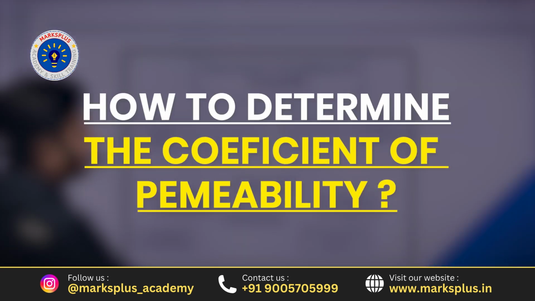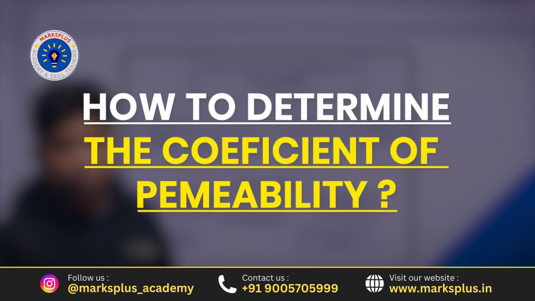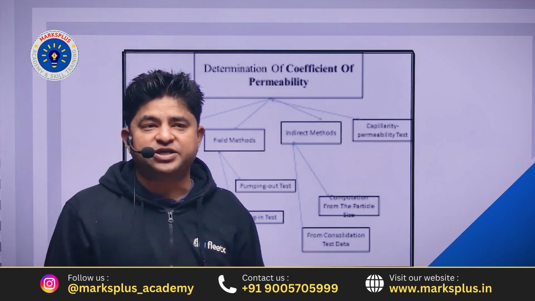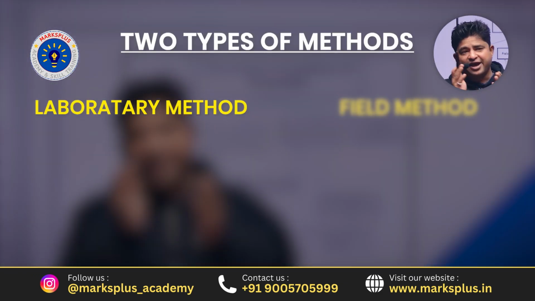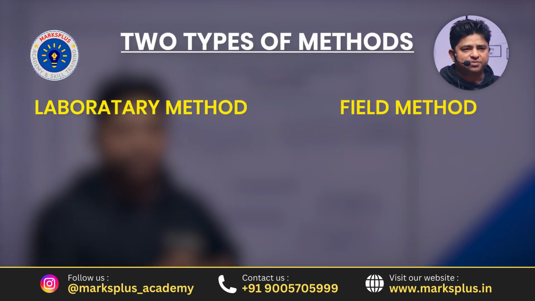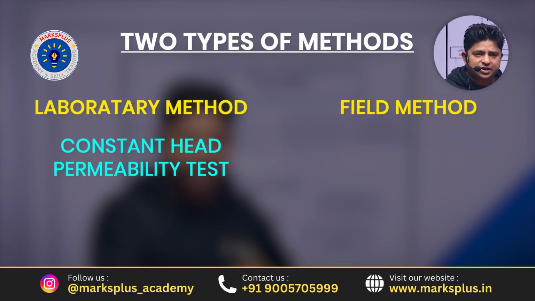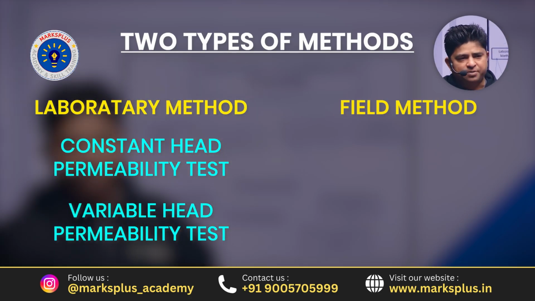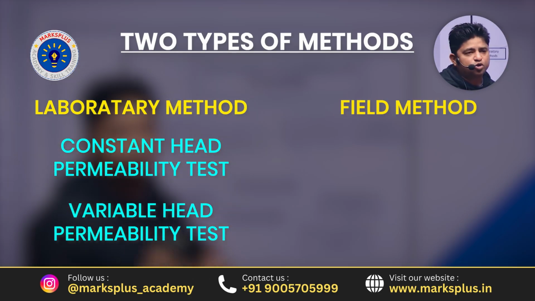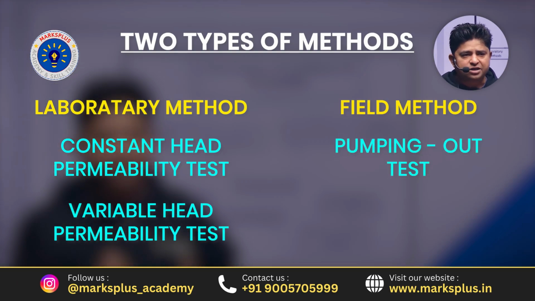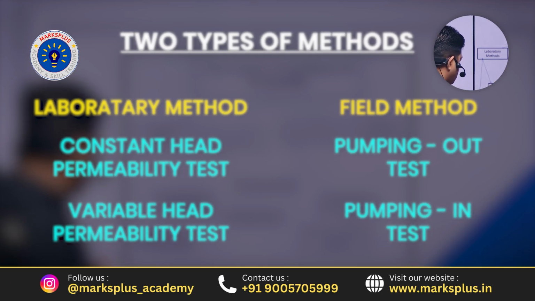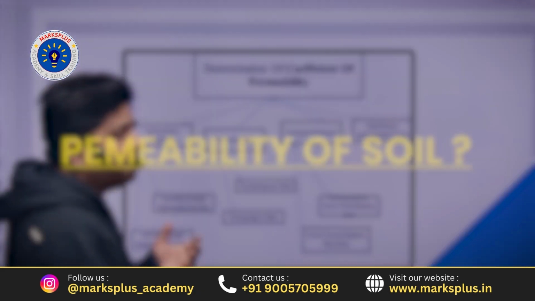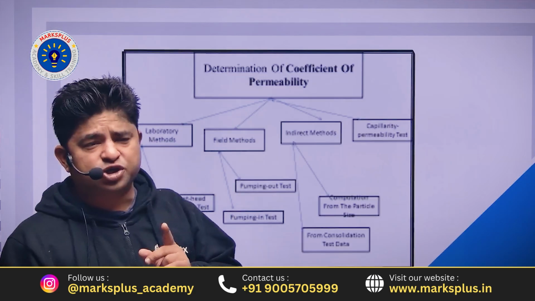Determination. Now it comes how we will determine the coefficient of permeability. So दोस्तों बेसिकली क्या है कि हमारे पास दो मेथड्स होते हैं, एक लेबोरेटरी मेथड होता है, एक फील्ड मेथड होता है। लेबोरेटरी मेथड में हम लोग पढ़ेंगे कांस्टेंट हेड परमेबिलिटी मेथड एंड द वेरिएबल फॉलिंग हेड मेथड, और जो फील्ड मेथड होगा उसमें हम पढ़ेंगे पंपिंग आउट टेस्ट, पंपिंग टेस्ट पढ़ेंगे जिसमें पंपिंग इन टेस्ट होगा एंड पंपिंग आउट टेस्ट होगा। ओके, एंड द परमेबिलिटी ऑफ द सॉइल, ये एक नंबर का क्वेश्चन जरूर आता है, हाउ वी मेजर द परमेबिलिटी।